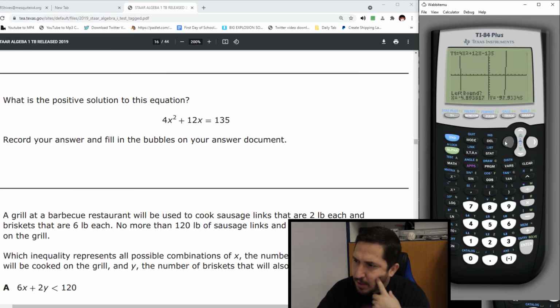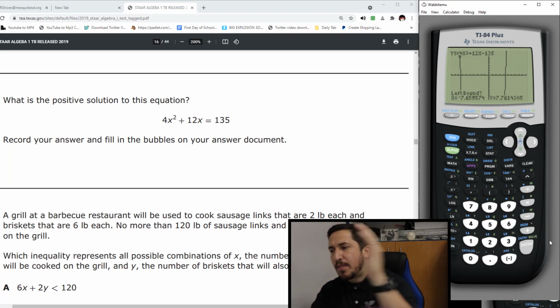Where's he at? There he is. Put him on the left-hand side. This is on the bottom, so it's on the right here. There he is. He's on the left.